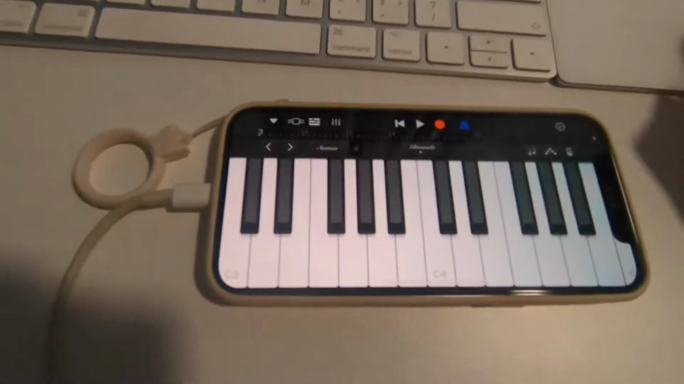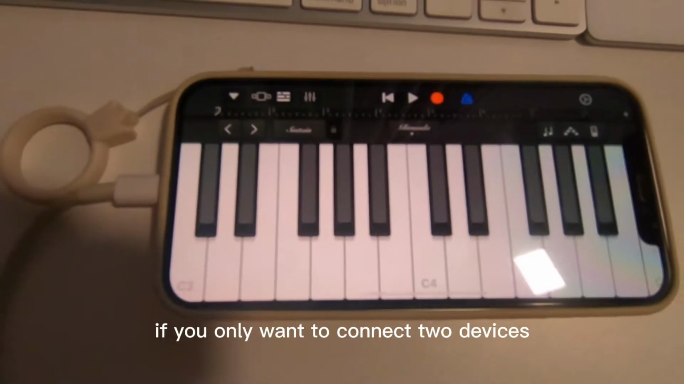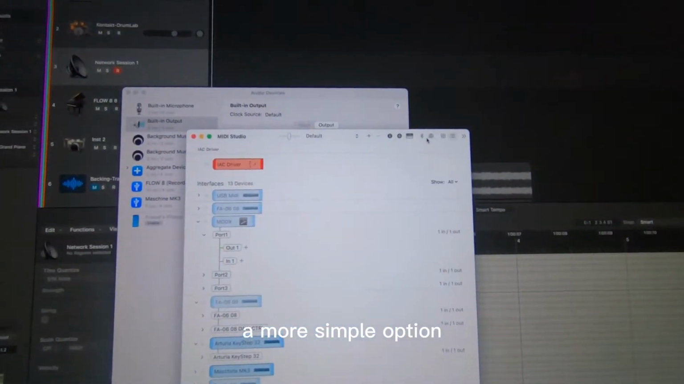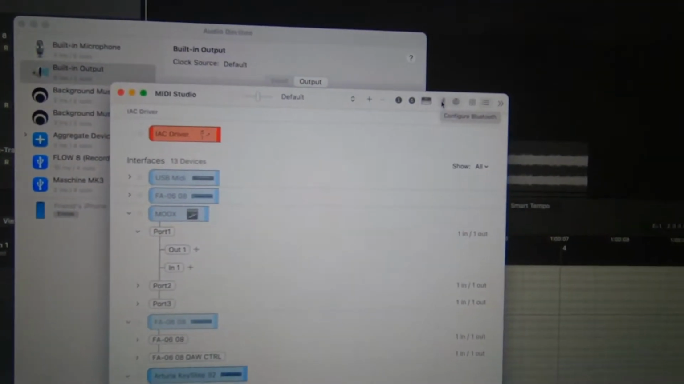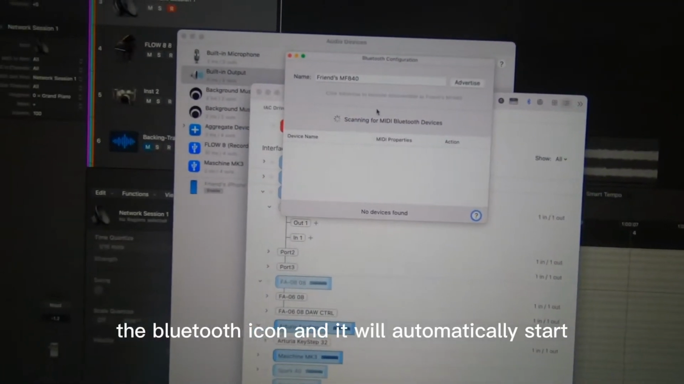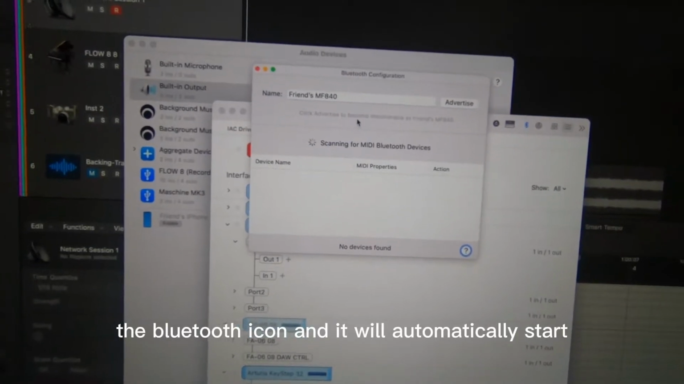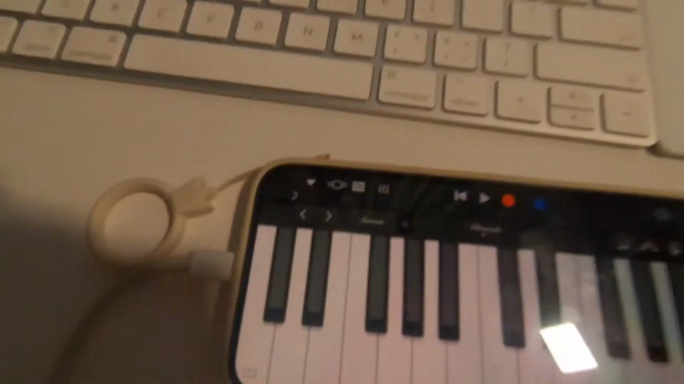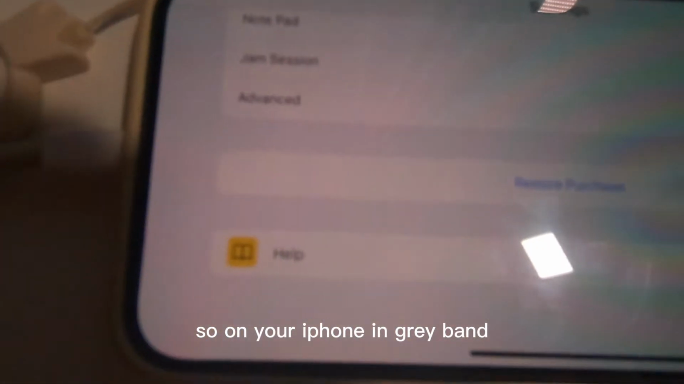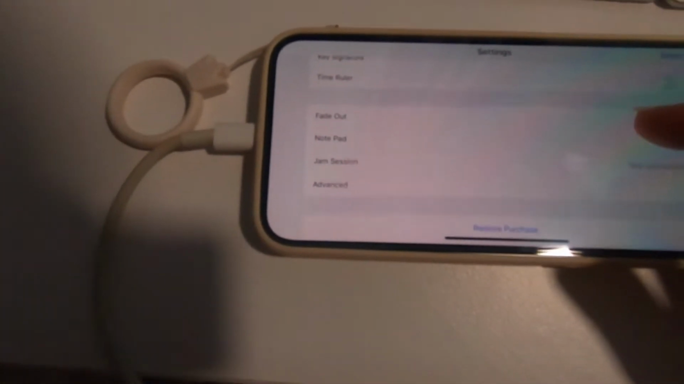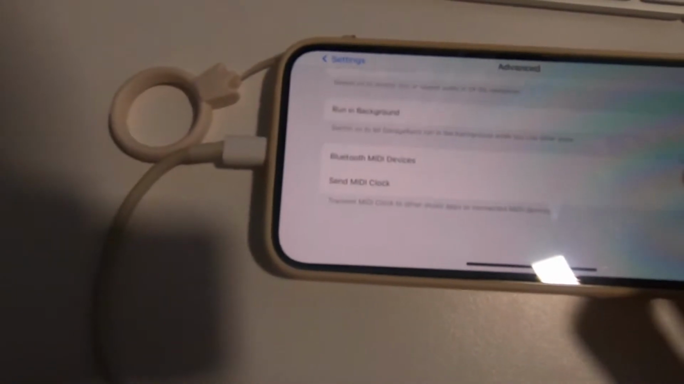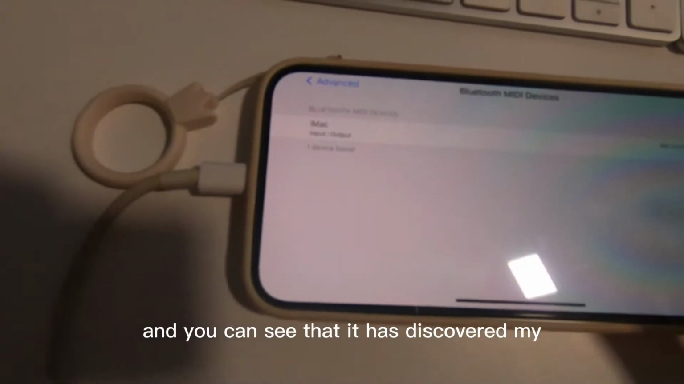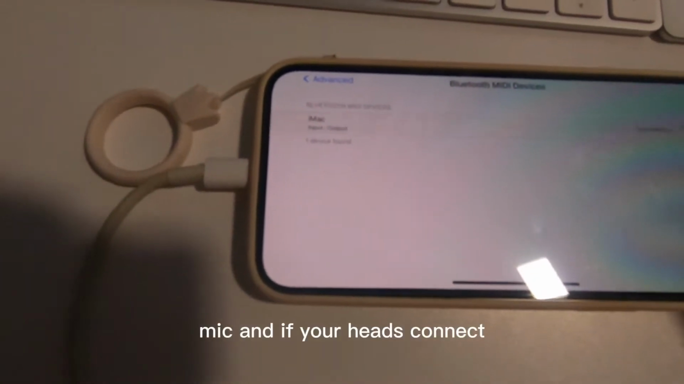Alright? If you only want to connect two devices, then you can also use Bluetooth, which is a more simple option. Just over here, click on the Bluetooth icon, and it will automatically start searching for other devices that have also enabled Bluetooth MIDI. So on your iPhone in GarageBand, let's go to Advanced, Bluetooth MIDI devices, and you can see that it has discovered my iMac. And if you hit connect,